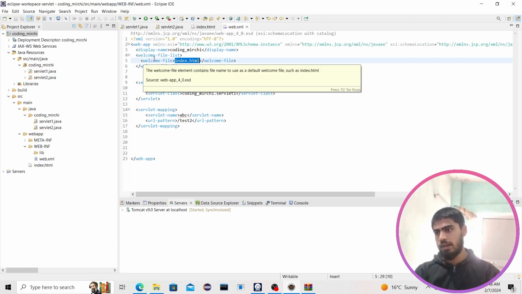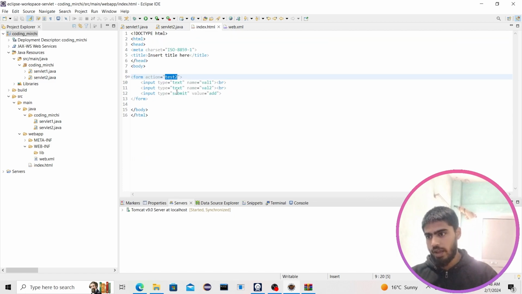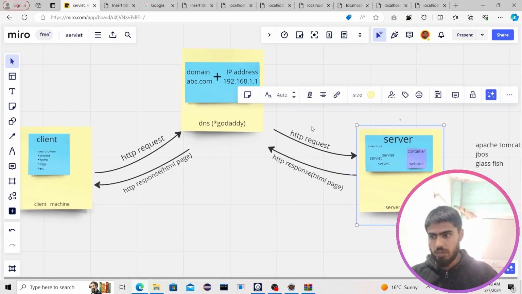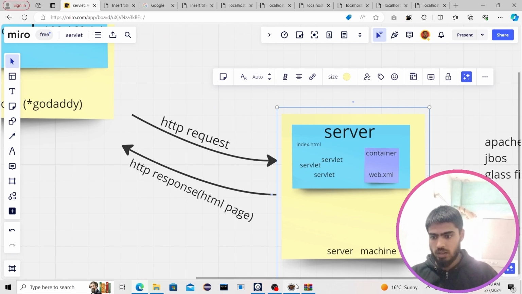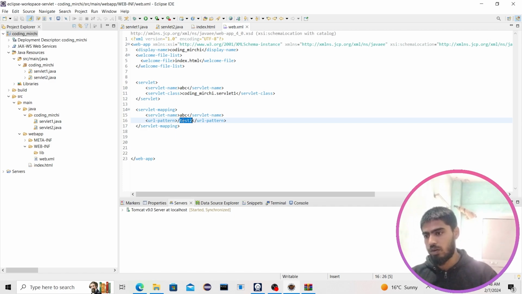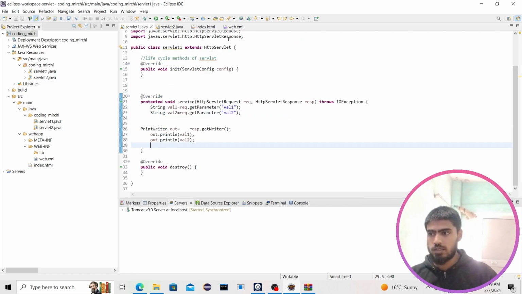So client clicks on the add button, calls this form action test2 in HTML, that travels through HTTP request to the server, then it comes to the web.xml. Web.xml is accepting that form action as URL pattern and calling the corresponding servlet, and in servlet we are